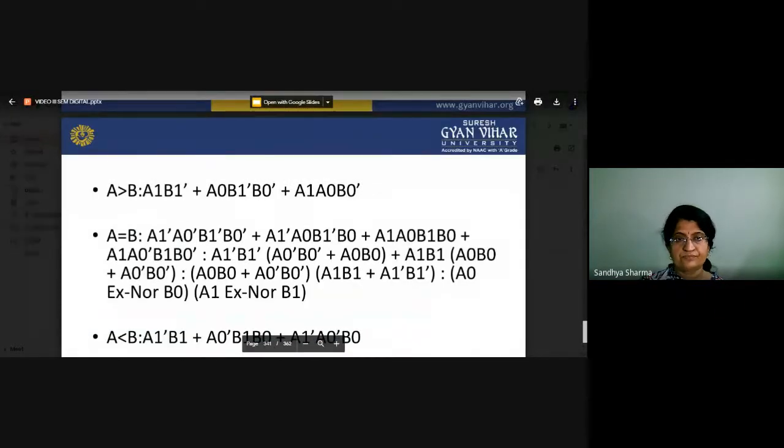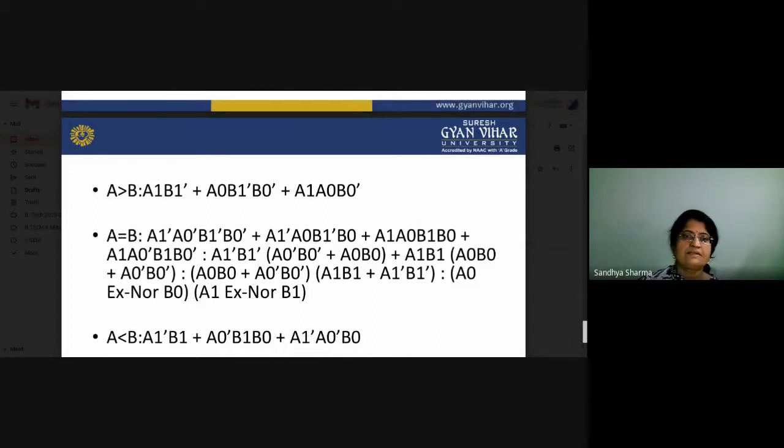So this is the equation: A1 B1, then A0 B1' B0', and A1 A0 B0'. Now, A greater than B has this type of equation, and if A is equal to B, you have this type of equation. And for A less than B, you have the equation A1' B1 plus A0' B1 B0 plus A1' A0' B0.